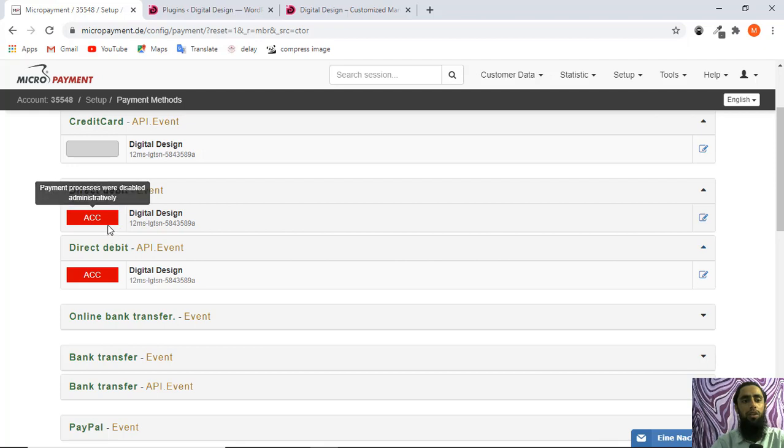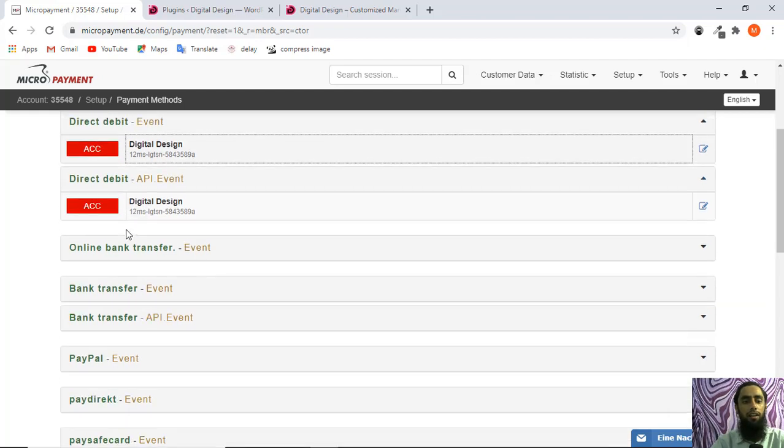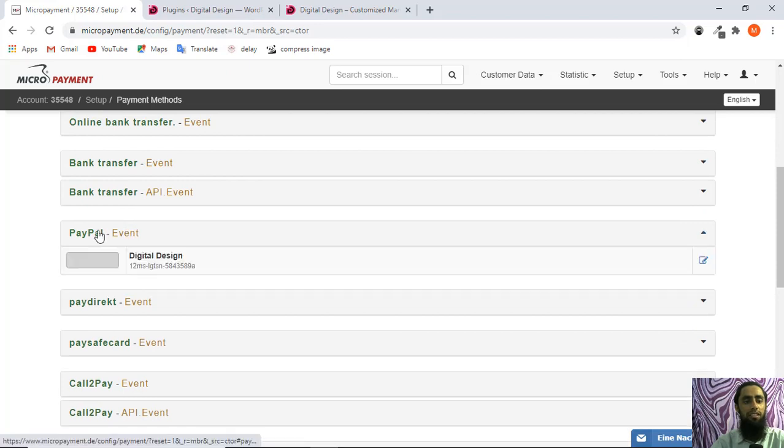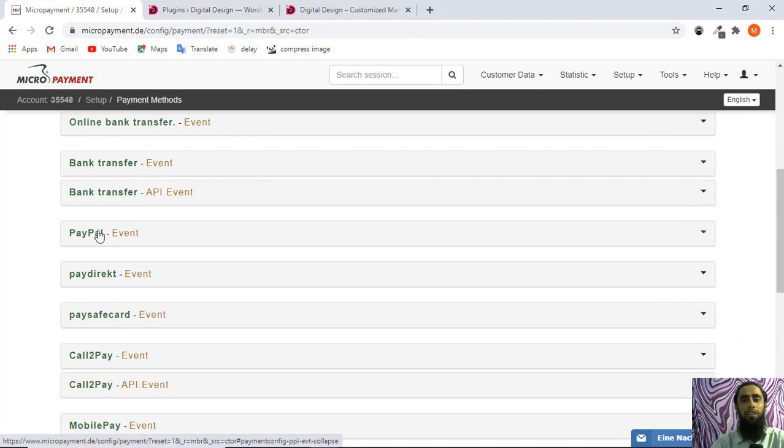Otherwise here we will be getting the green symbol. All right, so we have other payment methods as well. Whenever you have to use any specific payment method, you need to send the request to the micro payment